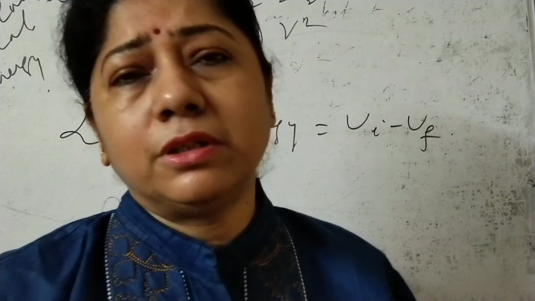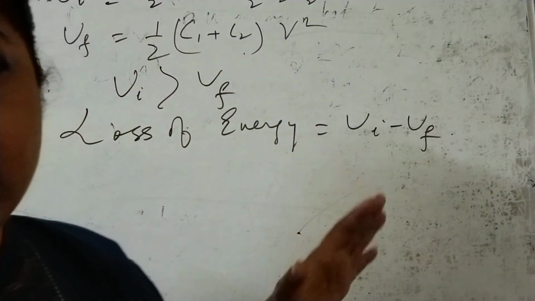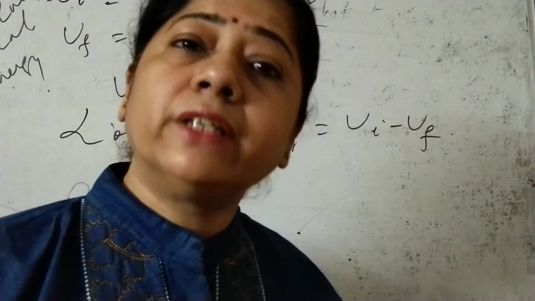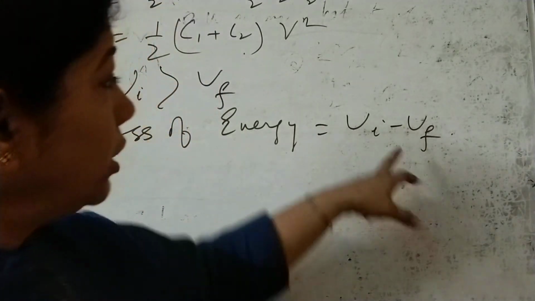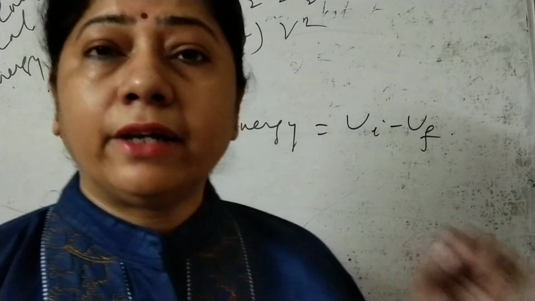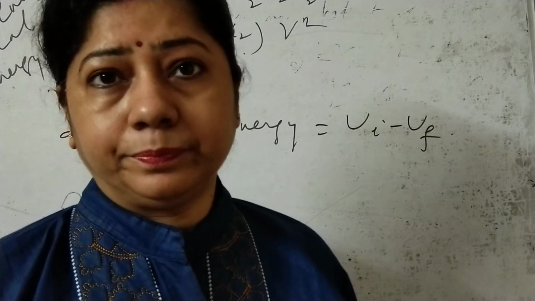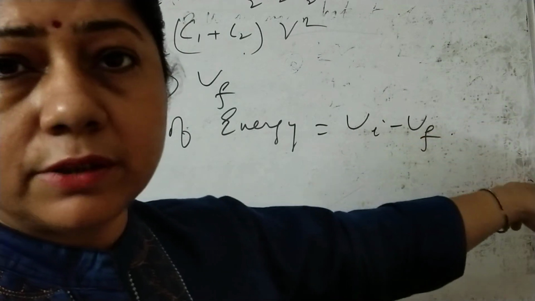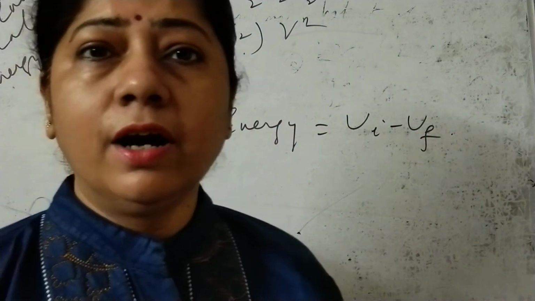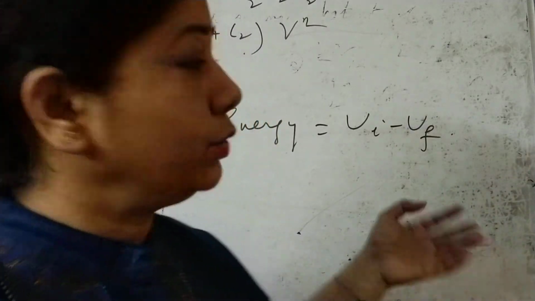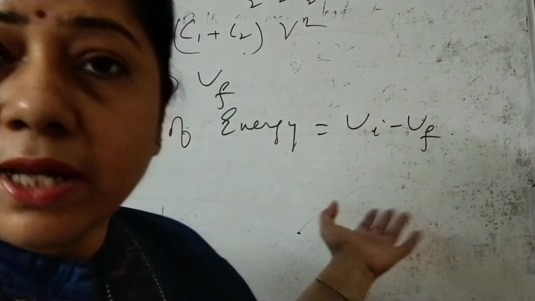We are not accountable for what part of the energy has been wasted. We are accountable for how much we have now and how much we had in the beginning. So suppose you take these two values and find that Ui minus Uf is a positive quantity; you infer that there has been a loss of energy. If you get a negative quantity, it simply shows that the final energy was more than the initial.